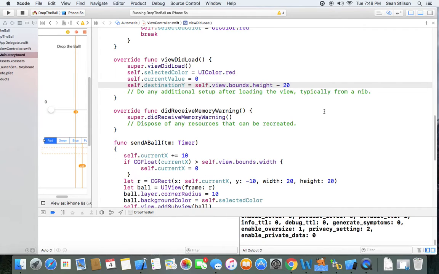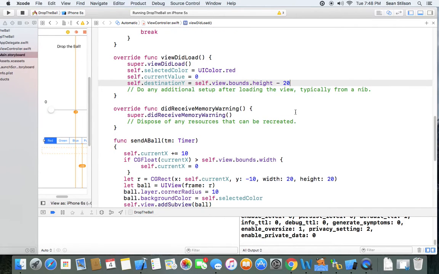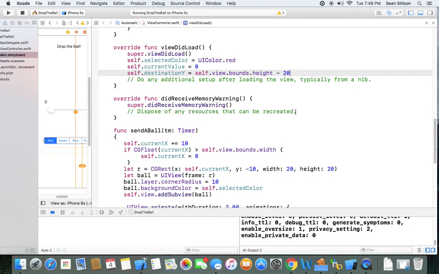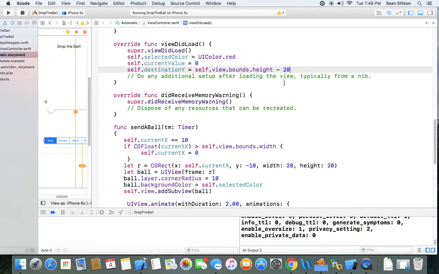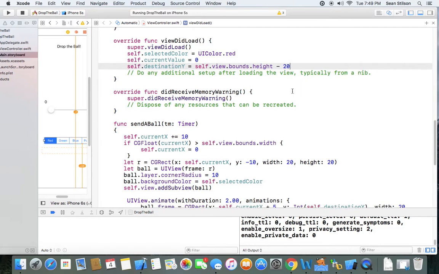Okay, oh yeah, I did. So I subtracted 20 from their initial value. So now instead of going all the way off the screen, they'll stop at the bottom. Well, at least I'm surmising they'll stop at the bottom. Okay. And then the last piece of the puzzle would be, as the balls collect all the way over to the right, when they start the next row on the left, we need to move them up a little bit too,